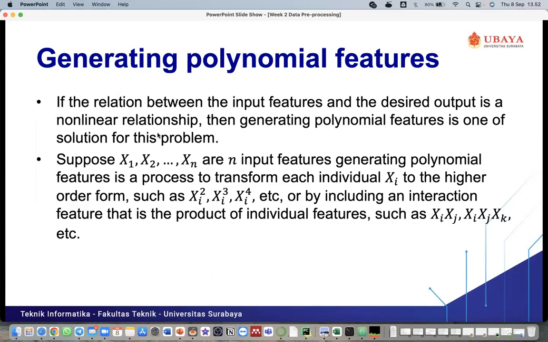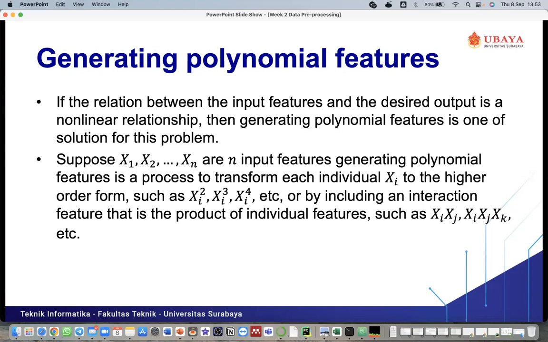There are some situations where the attributes that we have are not enough for predicting the output. For example, we only have 3 attributes, but those 3 attributes are not enough for predicting the desired output, because the relationship between the input and the output is nonlinear.